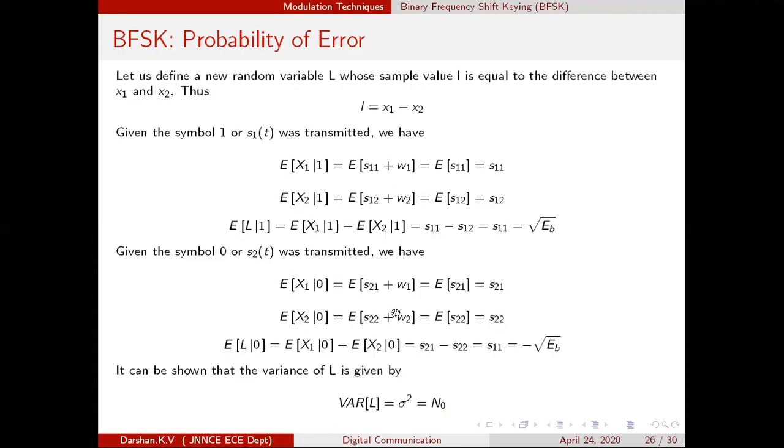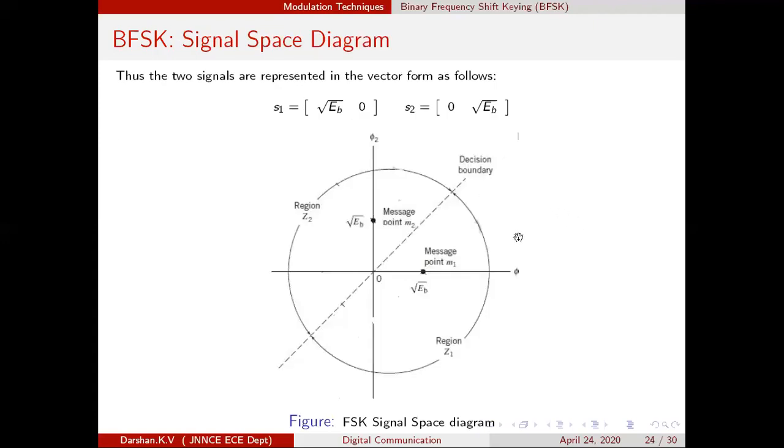So what was the sequence? You transmitted 0. Ideally, the received signal should fall in Z2. But because of the noise, the received signal fell in the region Z1. This is nothing but an error. Why is it an error? If the received signal point falls in Z1, the receiver will say message 1 has been transmitted, but you know that 0 has been transmitted, so there would be an error.